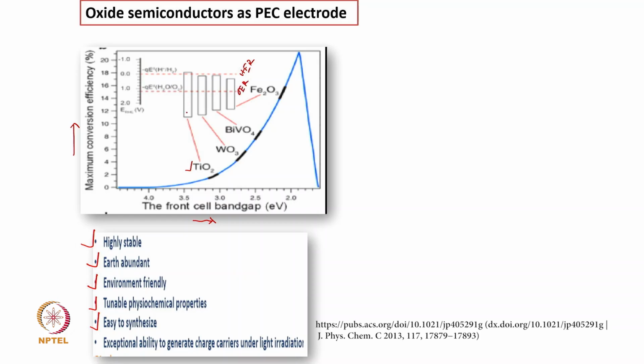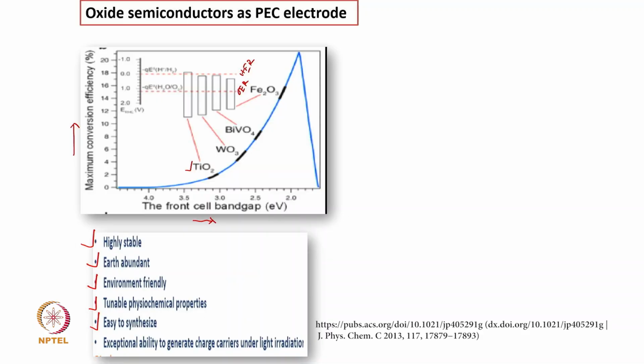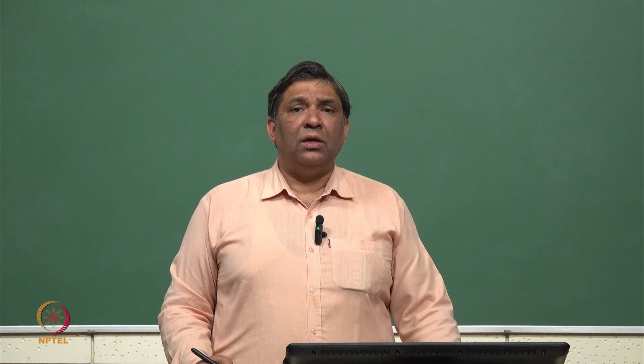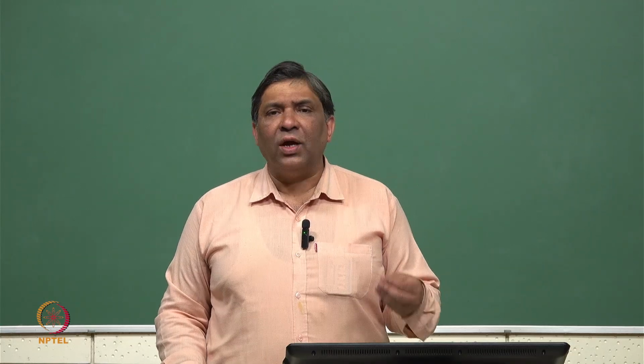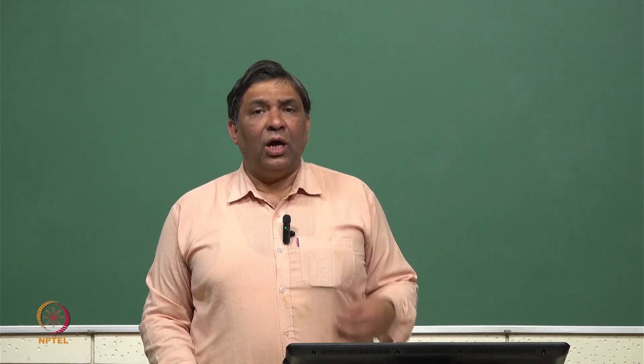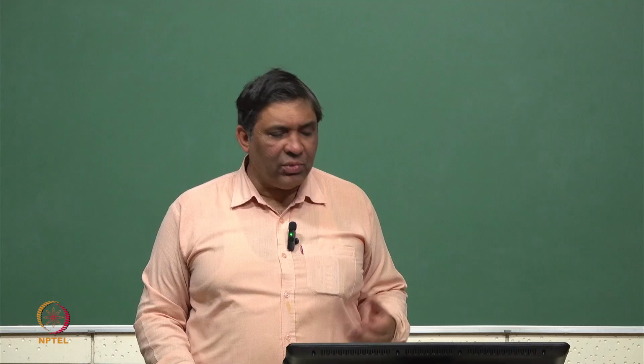It seems that the TiO2 band edges are nicely positioned when we compare them with the HER and OER lines. But the efficiency is quite low, only 2 to 2.5% or so. The reason is that its band gap is quite large, so a lot of photons get transmitted, as I mentioned. The absorption probability of light inside TiO2 is less, although it has better stability.